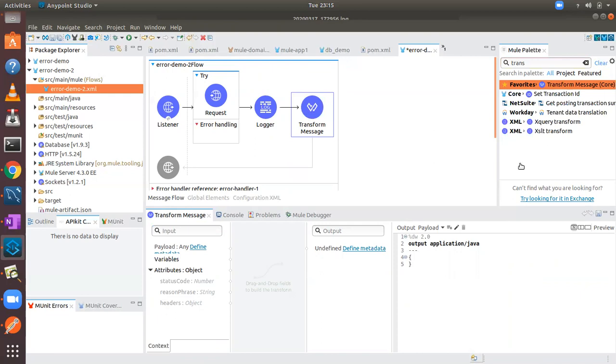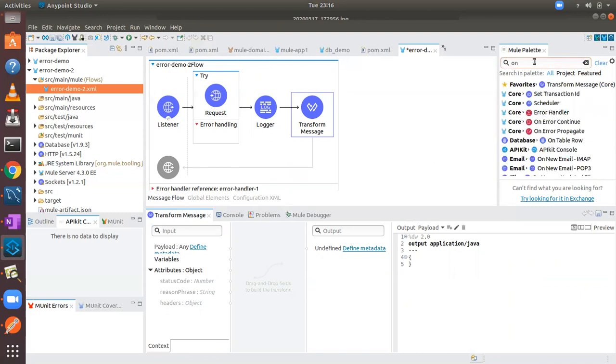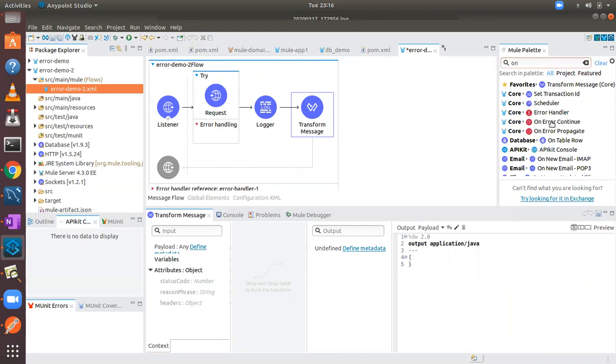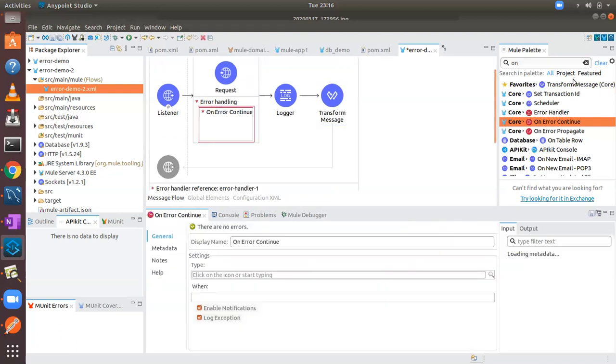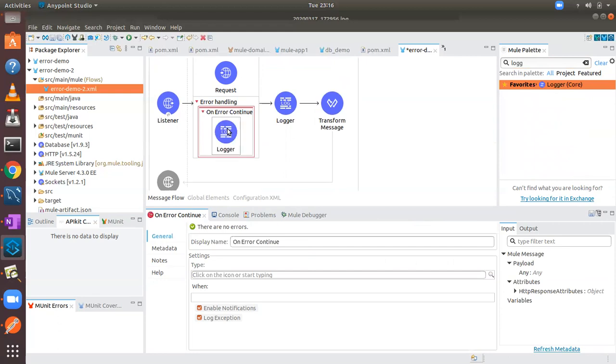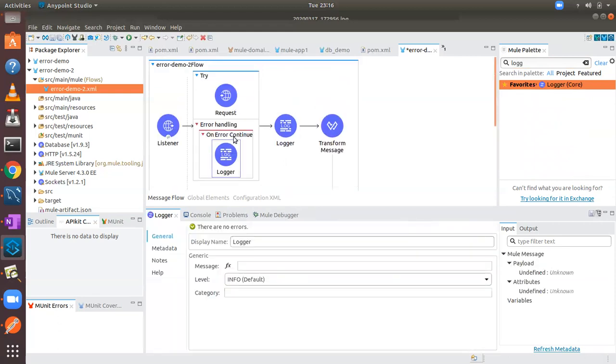I'm just logging the information. See, now this is called processor scope error handling, right?